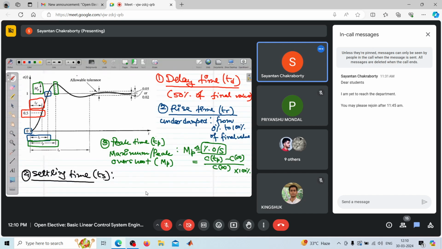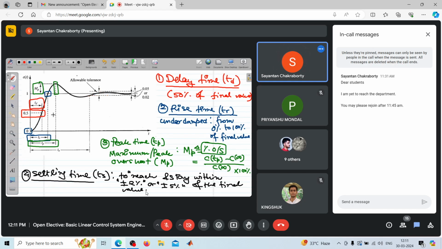It is the time required for the response to reach and stay within plus minus 2% or plus minus 5% of the final value. See, if this is defined as a tolerance level,